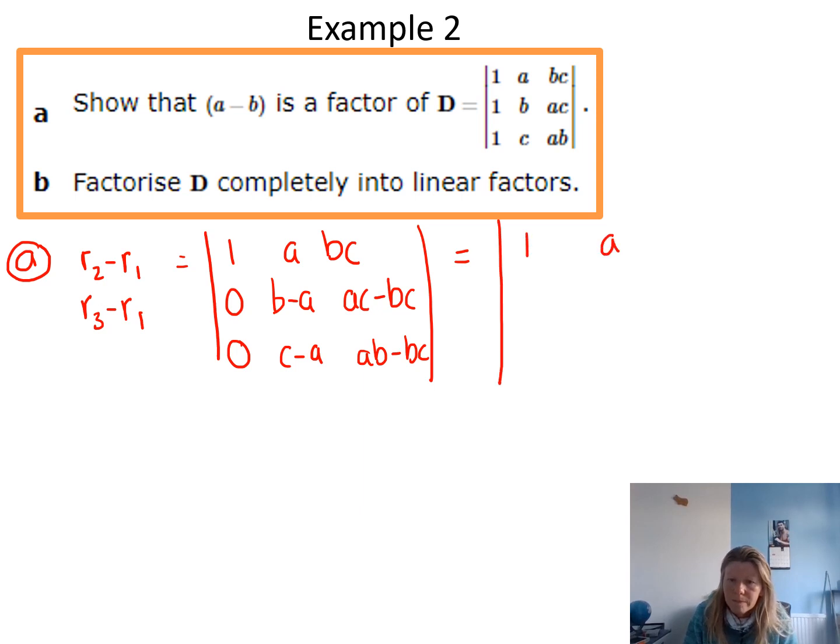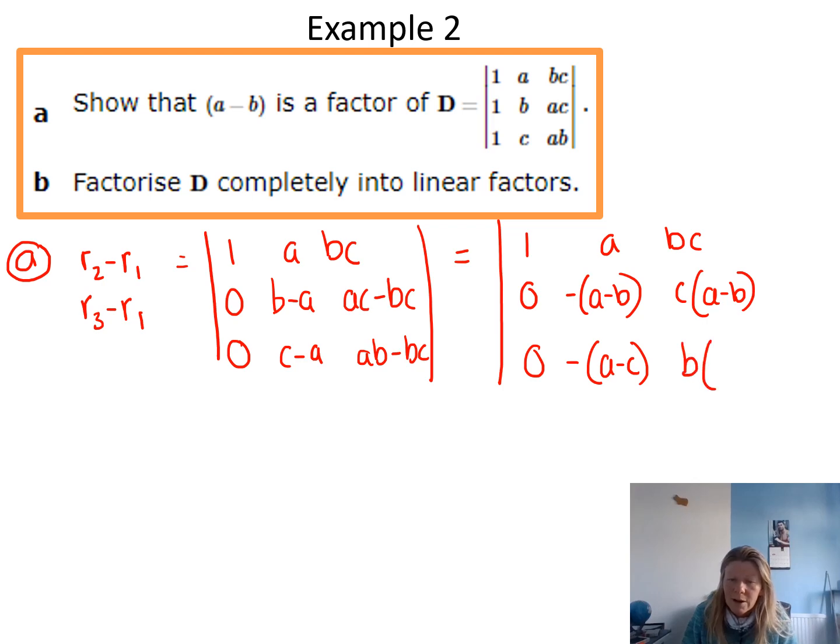Right, if I write that as minus lots of a take b, you'll see it then. This one will pull out a common factor of c and you get a take b in a bracket. This one, take a minus out, a take c, and then in this bracket, if we pull out the common factor of b, we'll have in there